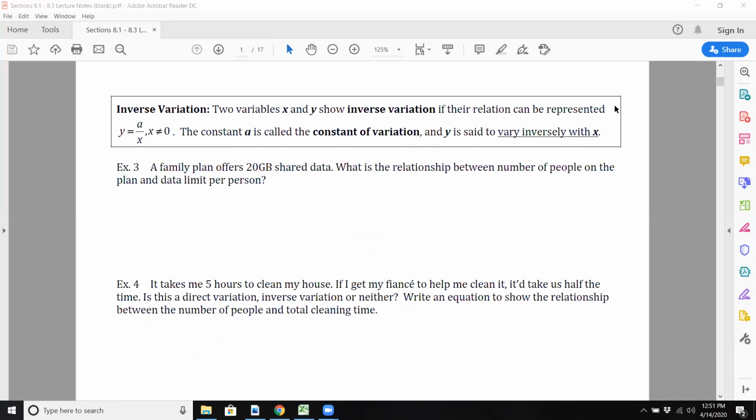So that's just what you see. But inverse variation is the opposite. So this is when